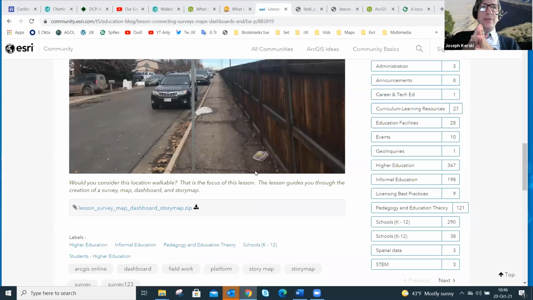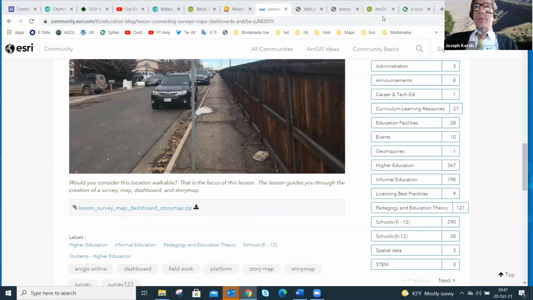The reason I like doing it that way, just to appeal to your instructional side, is that if you just say to folks, here are the tools, now go forth, live long and prosper, there are too many rabbit holes, too many bunny trails. It's like, okay, what do I want to tell the story of? What do I want to collect data on? So I give people a model, and once they do that, they get the confidence to adapt it to what they really want to study.